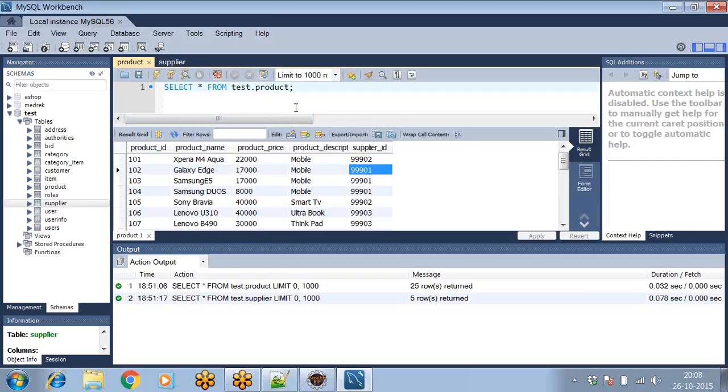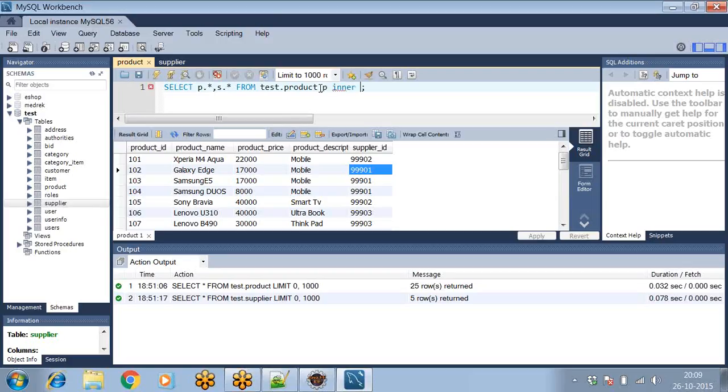Here first of all, we'll write a SQL query and then we'll see how to write a HQL query. Select p.*, s.* from test.product p